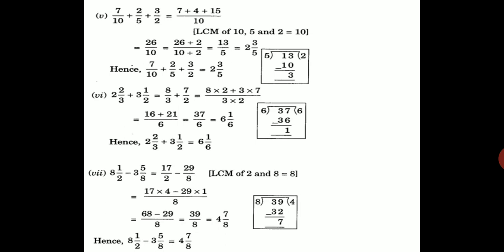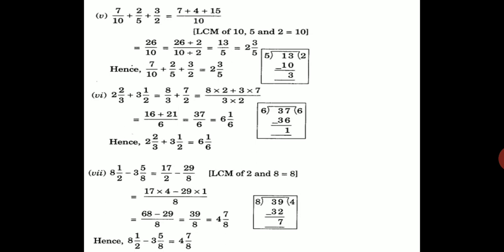So now you can see here, 8 into 2, 8 into 2. Why is it 8 into 2? You can see the LCM of 3 and 2 is 6. So with the help of 3 I want 6. So I have to multiply with 2. If I am multiplying the denominator with 2, I have to multiply the numerator also with 2. So 8 twos are 16. Now here, with the help of 2, I want 6.